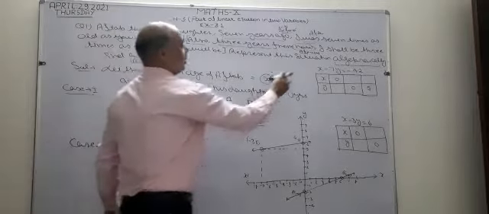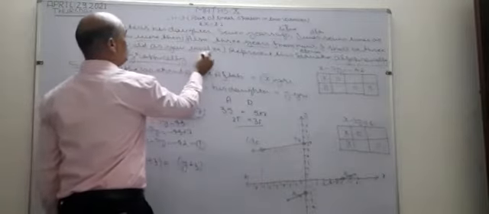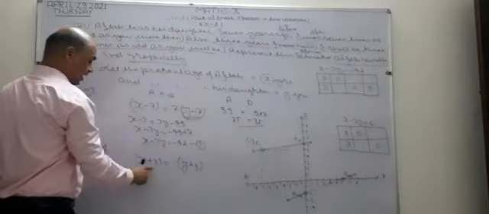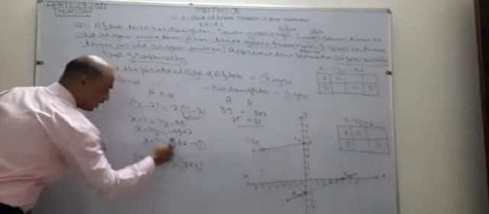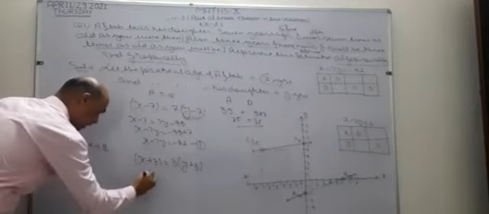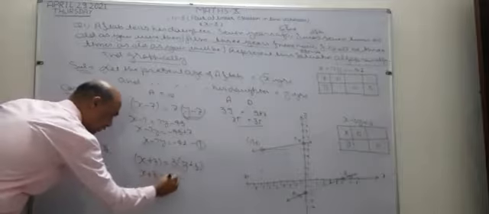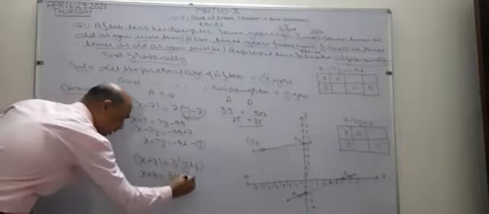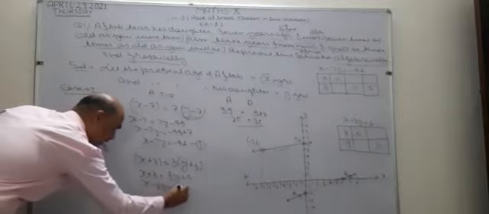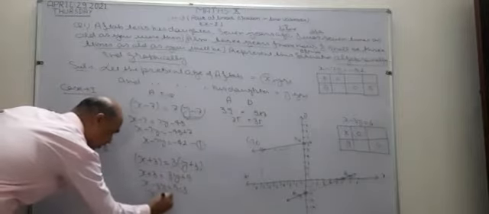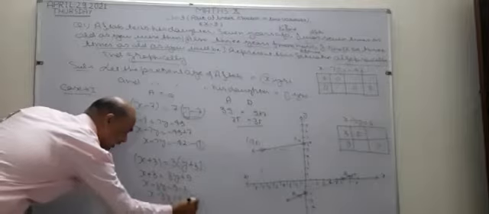Now I shall be 3 times as old as you will be. The father says I am 3 times your age, which means I am going to multiply the daughter's age by 3. Now open the bracket. x plus 3 remains the same. 3 into y, 3y, 3 threes are 9. Now this becomes x minus 3y equal to 9 minus 3. x minus 3y equal to 6. This is your second equation.